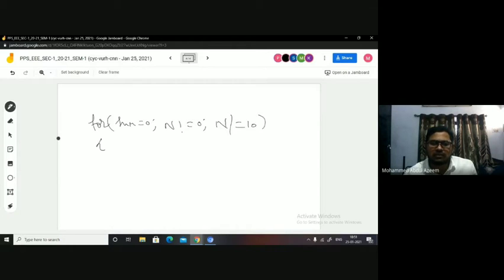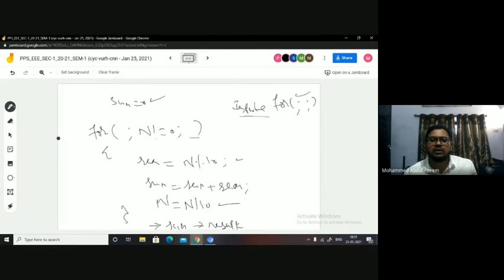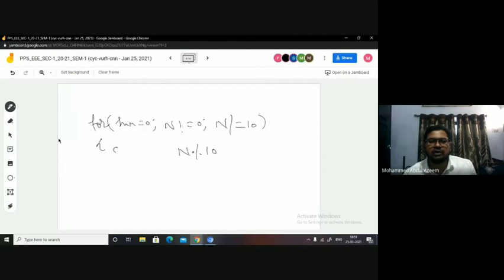So inside this, what is that I have? I will have to get the remainder. Yes or no? Remainder, how do I get? With the help of n mod 10. Yes or no? I was taking it in rem, then I was adding it to sum. I can overrule this rem. I can straight away bring this here rather, right? Get the remainder and immediately add it in this statement itself, right? I can reduce it further. So what I can say, sum plus equal to, that's it, n mod 10.